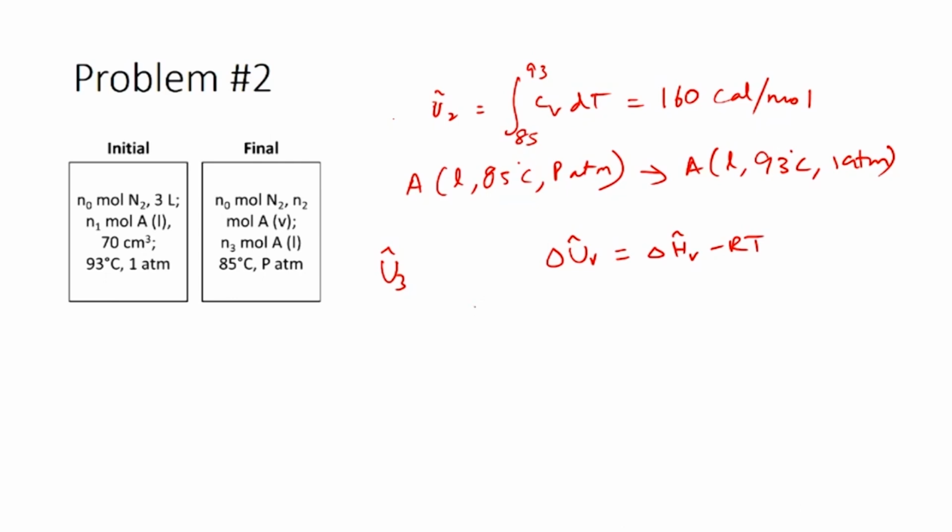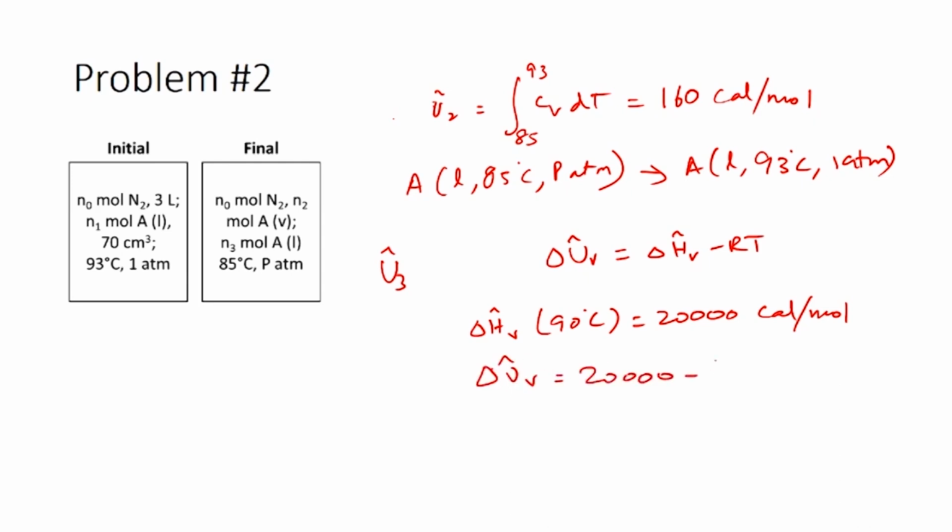In this problem we have been given delta H cap V at 90 degrees Celsius equal to 20,000 calories per mole, and we can use this to calculate delta U cap V. So, your delta U cap V would be equal to 20,000 minus R, in terms of calories 2, times the temperature, which would be 90 degrees Celsius or 363 Kelvin. So, this value would be 19,274